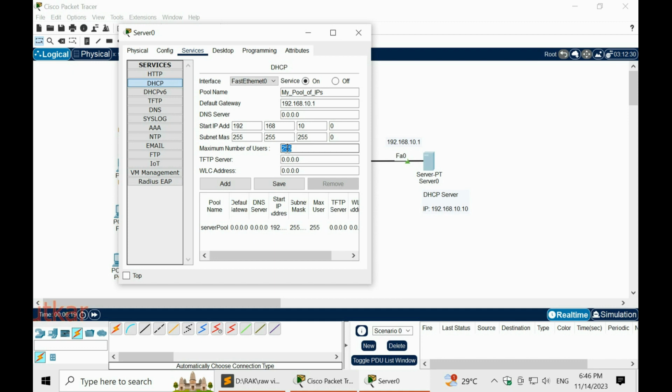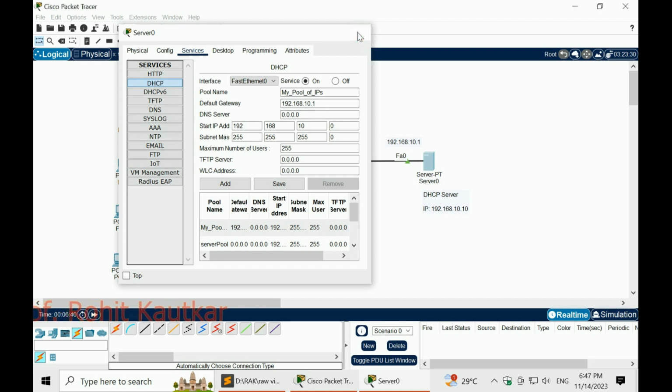By default it is providing the value 255. The rest of the details we can skip or leave as they are, and simply click on add. Now you can see our pool is getting added, and then we have to click on save. Now friends, the configuration of DHCP is completed.